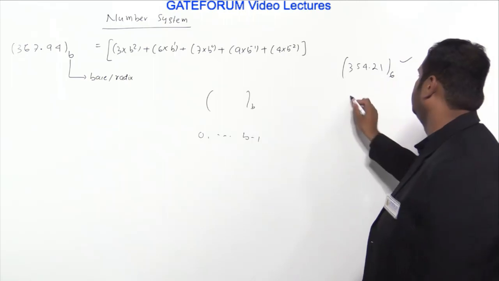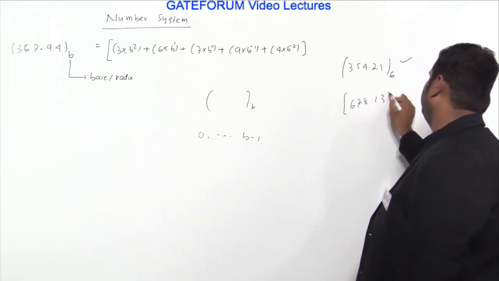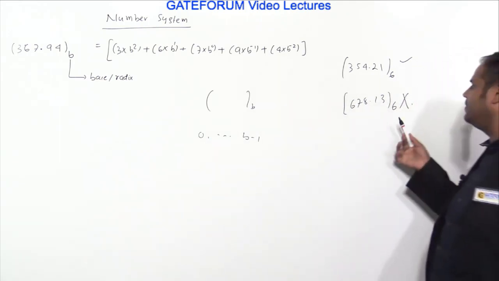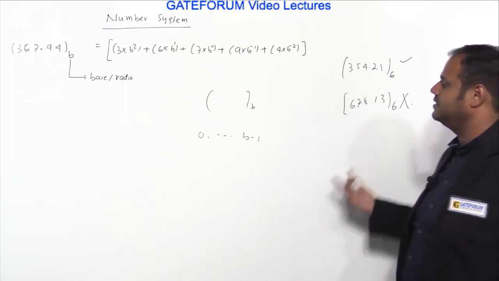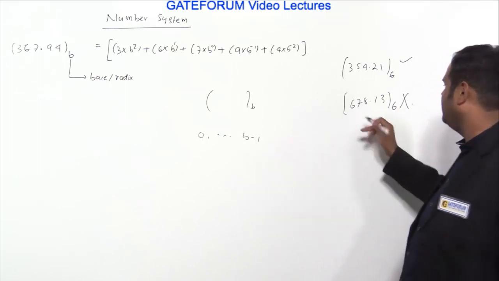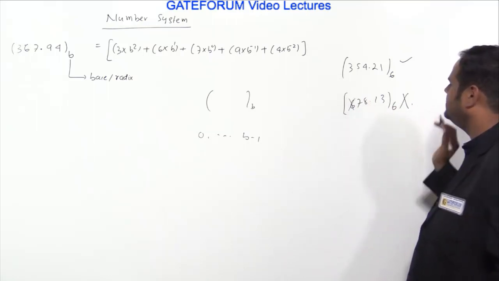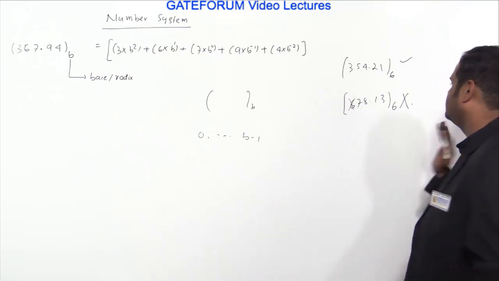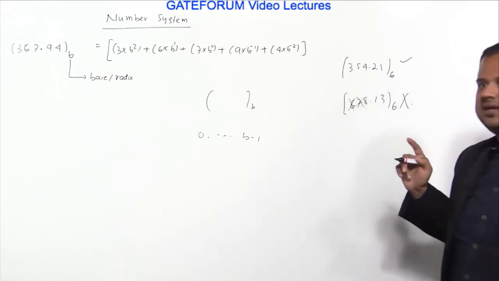This is absolutely fine. But if I write something like 678.13 with base 6, this is nonsense. Because once you write the base as b, you can't have a digit greater than b minus 1. So I don't have this 6, this is also not allowed. At most I can use all the symbols from 0 to 5, 0, 1, 2, 3, 4, 5, absolutely no issue, but from 6 onward you are not supposed to use them. So this is an invalid number representation.